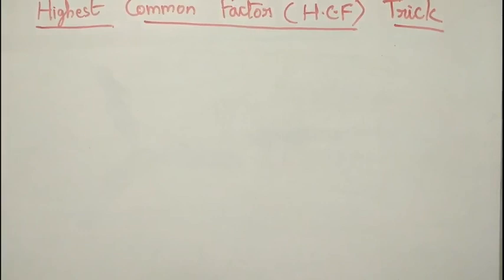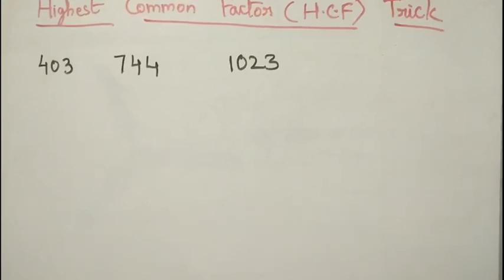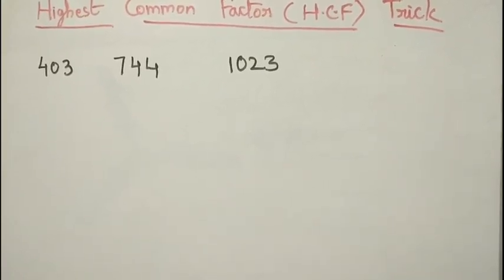In the previous examples, we learned the trick of how to apply it when two numbers are given and asked to find the HCF. Now let us go into the case when 3 or more numbers are given. How to apply the HCF trick? If 3 numbers are given and asked to find the HCF, the same trick which I am going to explain, you can use for any number